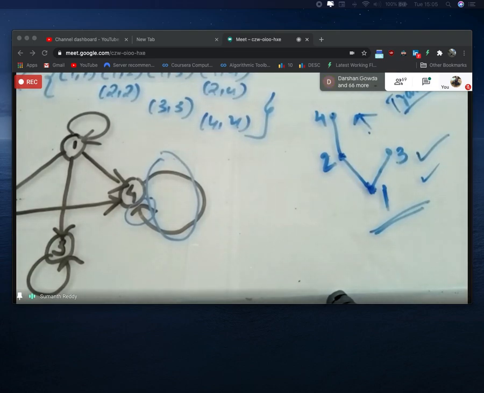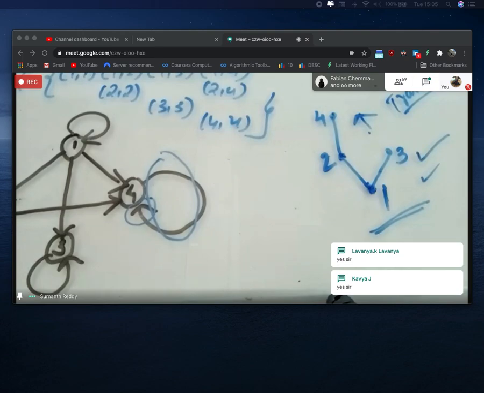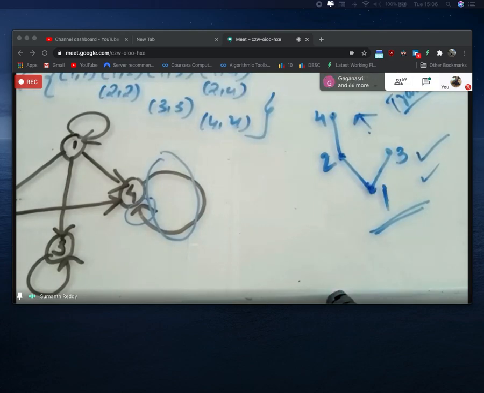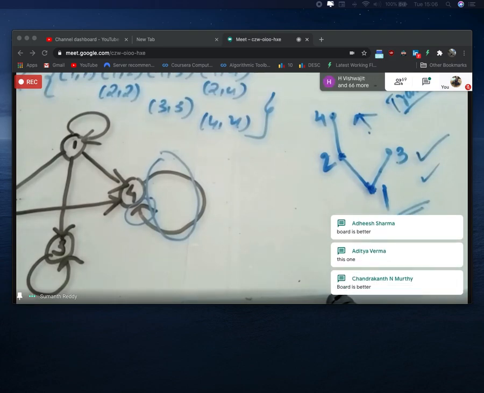So any doubt in this, students? Have you got some initial idea how to represent the relation in the form of Hasse diagram? Can I continue with the next problem? Okay, so before I continue with the next problems, students, can you tell me, is this technique fine for you? Is it better than board? Is this technique better than board or board is better? Okay, so you feel, okay, some are telling board is better. Okay.